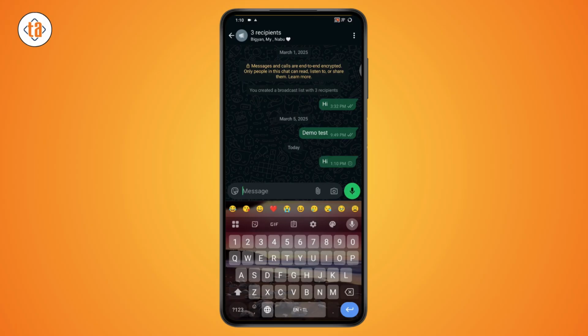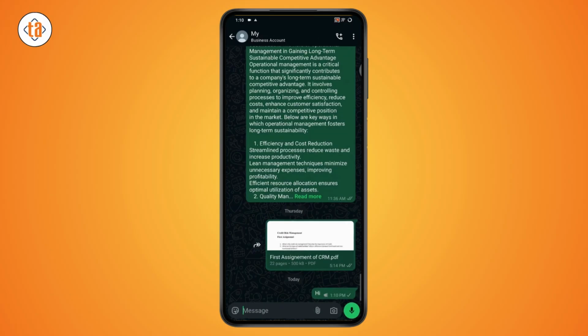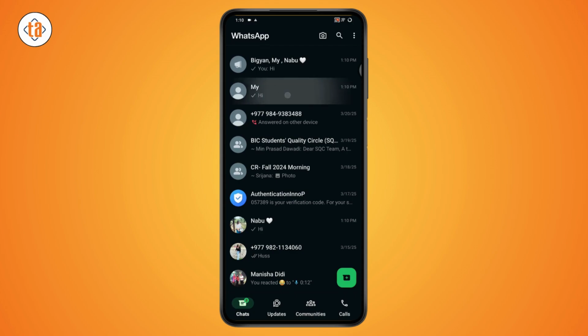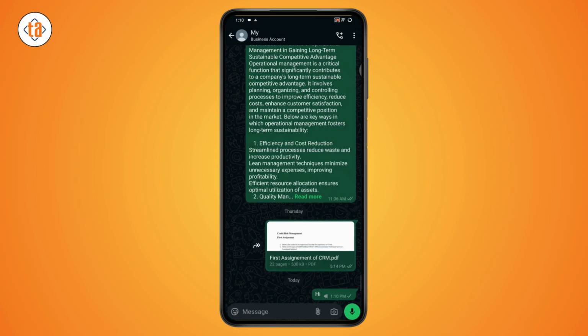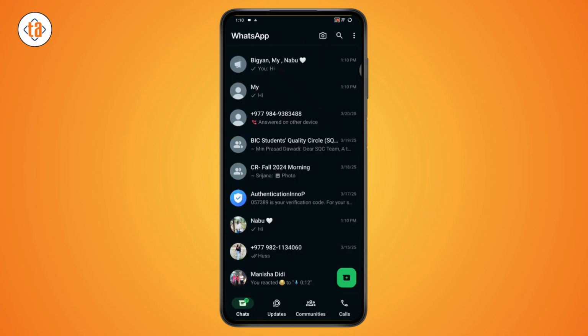So just send it, and after sending, if you go back, then here, as you can see, it has been sent to this person, and you will also have a little broadcast shape icon which is on the bottom right, and this person. So that's how you can use your